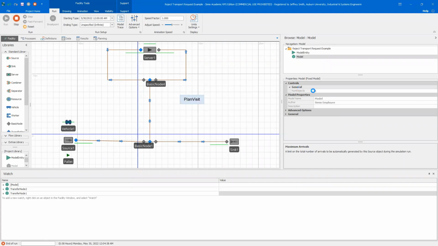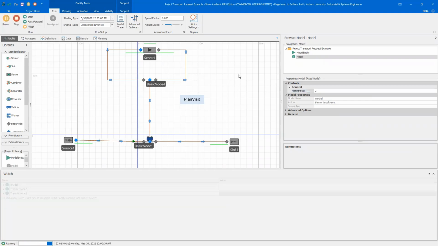I can also change it. So if I go back and say, okay, I want it to be rejected twice. So let's say that I change that global number of rejects to 2. Okay. And then I run it, then the entity is going to come around. It's going to reject just like it did before. But now when I click on plan visit, it doesn't go, right? Well, the reason it doesn't go is because it just rejected the second one, right? Because I have that condition in there saying rejects less than 2. But if I click it a second time for a third evaluation,